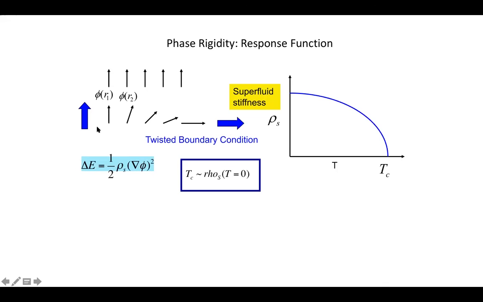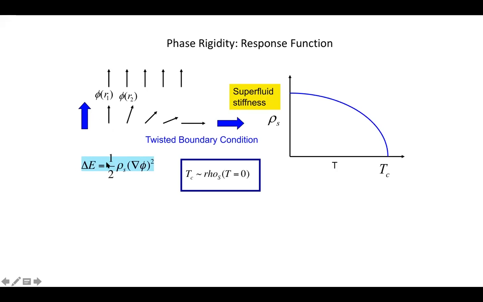Instead, every site twists just a little bit, accommodating ultimately a pi over 2 twist. Okay, so this is like a spin wave. Every site is twisting just a little bit, and ultimately the total twist ends up being whatever has been applied at the boundary. And clearly the energy must go up, and that increase in energy is a half rho s